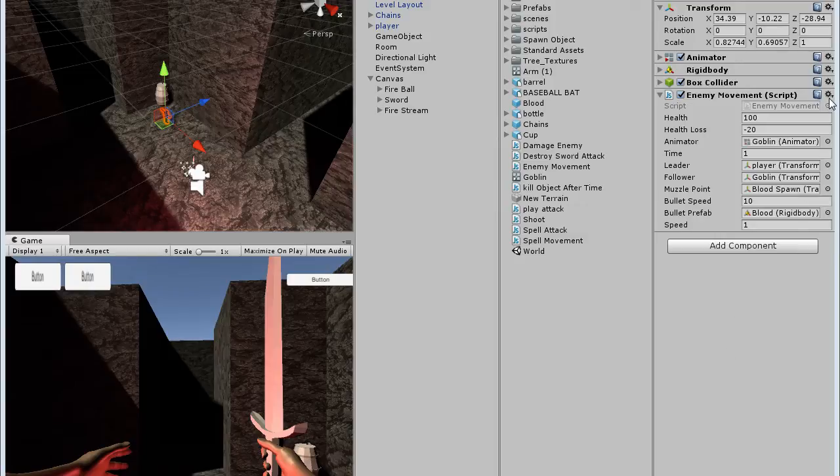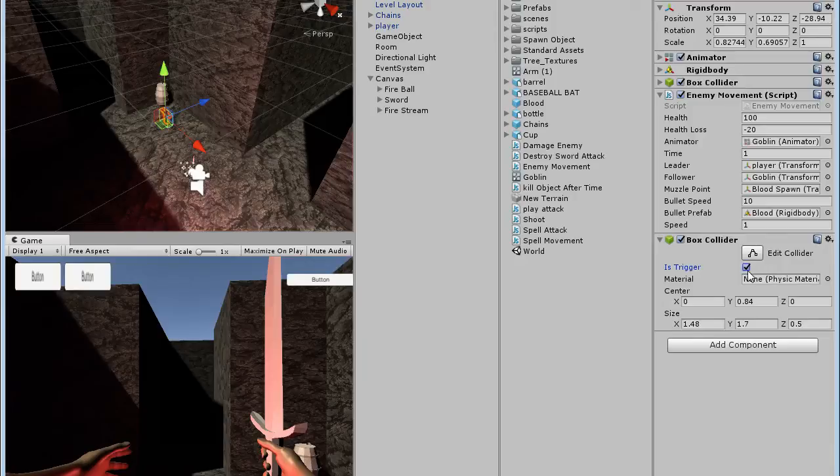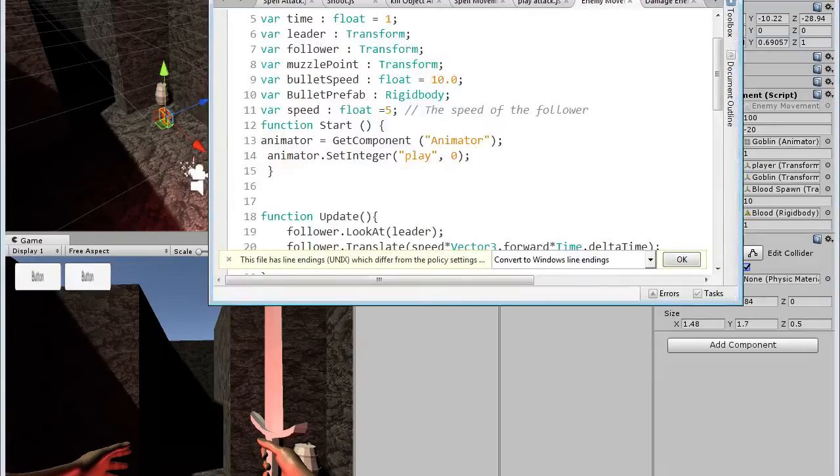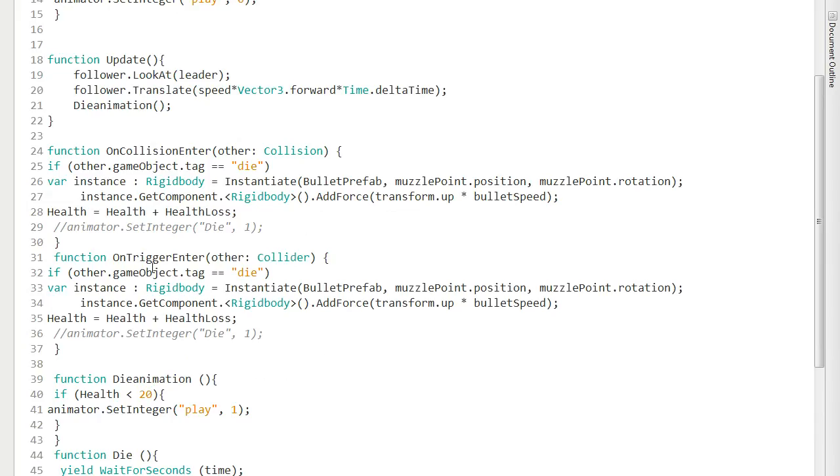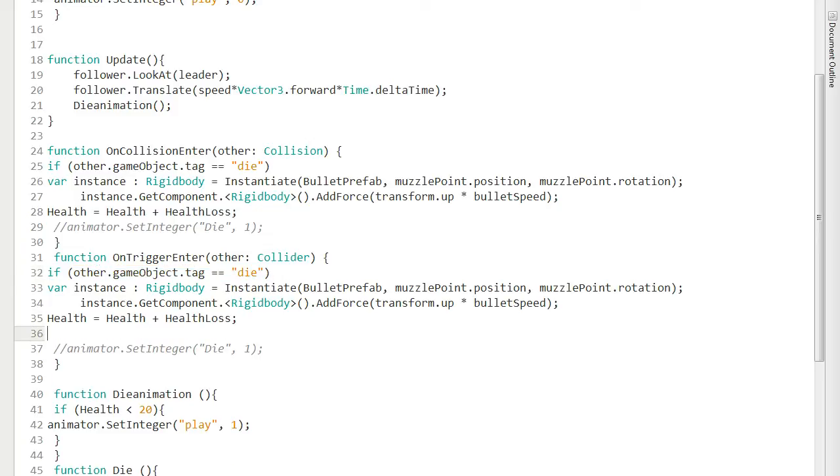Okay, so paste component as new. This one's gonna be a trigger, and this edit script. Okay, so here it says on collision enter. So now let me go here, copy that, and put it here. So if he comes in contact with the tag player,